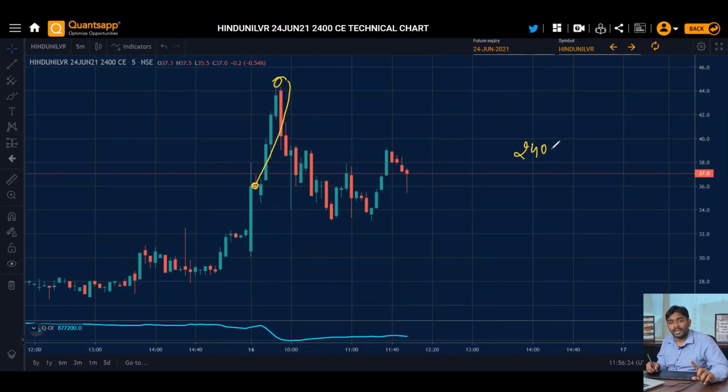The 2400 call option was showing us the breakout. There was a shedding in the open interest by 30%, as of now we have seen. So you need to check this particular thing from the triggers, where the price is actually trading near its strike price, which can give you a breakout. Simultaneously, what we can check is whether there is a shedding in the open interest or not. There should be shedding in the open interest.